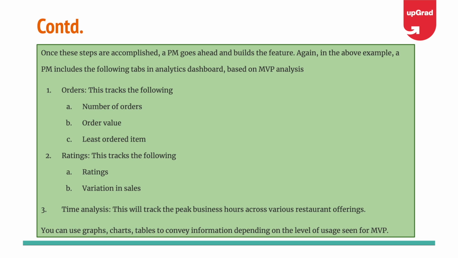Right, before I move on to the next part, to quickly summarize: when you are building an MVP for a feature, which is different from an MVP for a product, the product already exists, which means that you already have users for your product. And in this specific example, the product was a restaurant software and you are a product manager within that larger team, and your responsibility is to build a business intelligence report or a feature within your product.